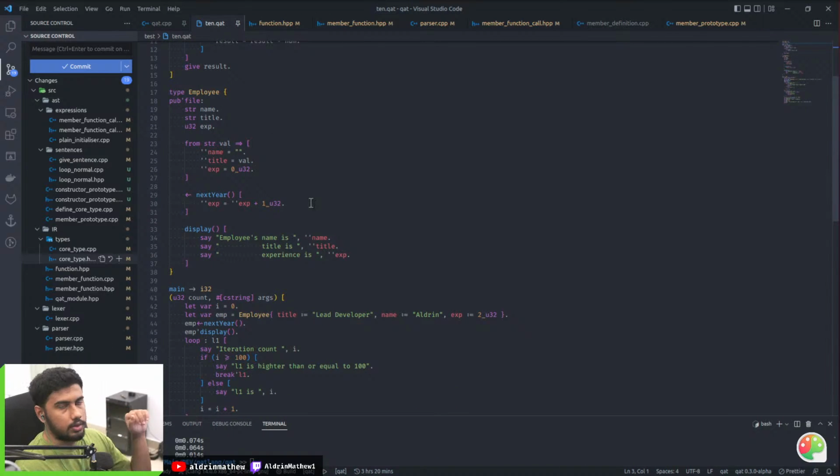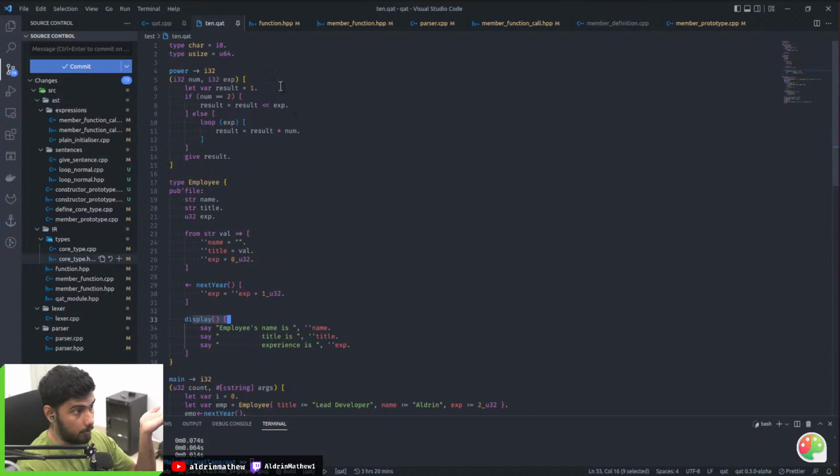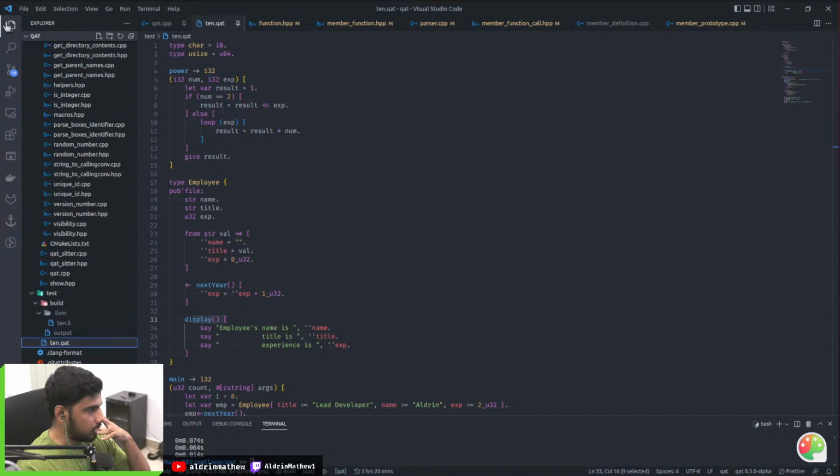So in core types, support for normal constructors is remaining. This is a converter constructor, by the way. It constructs this type by converting it from a different type. Normal constructors are the constructors that you see in other languages, Dart, C++, whatever. So variations are done. Normal member functions are done. I have so many things to do actually.